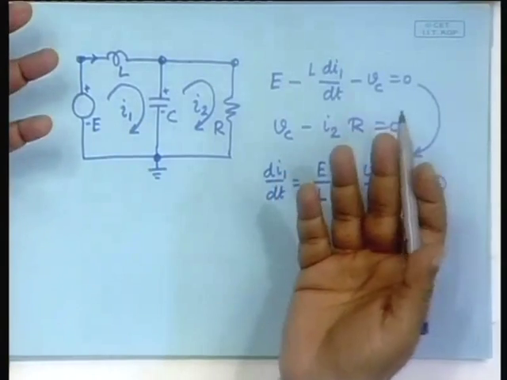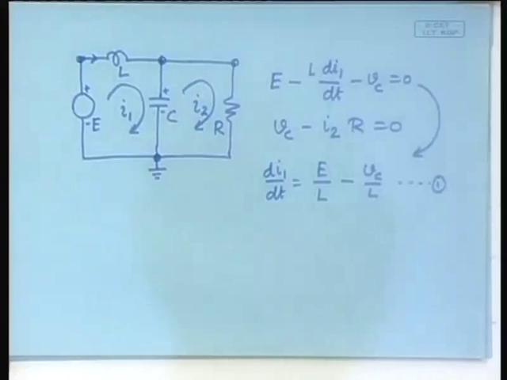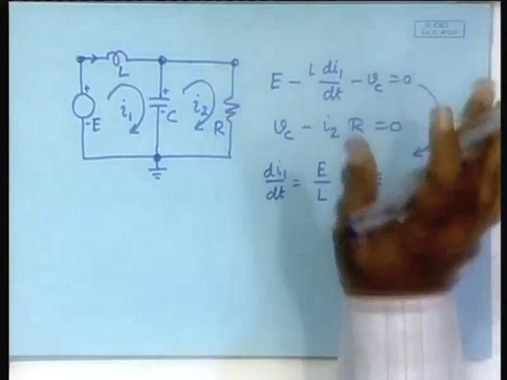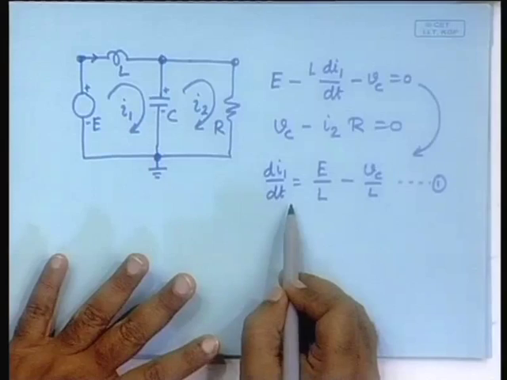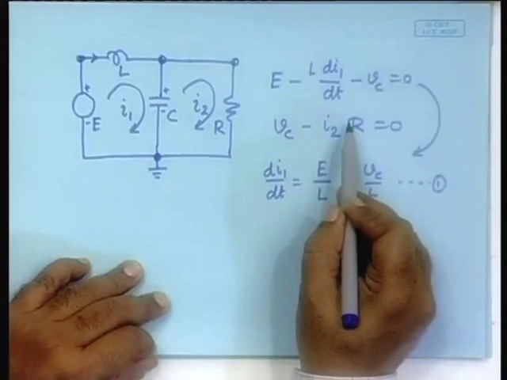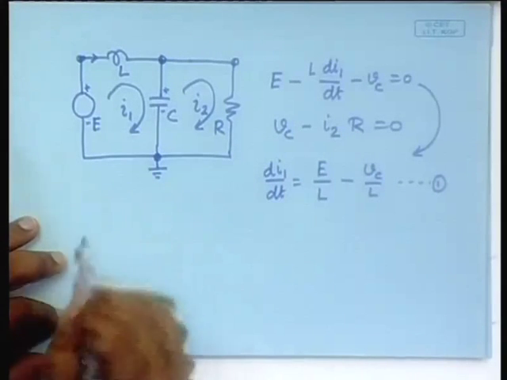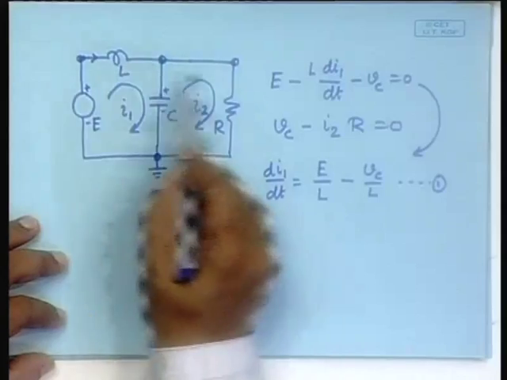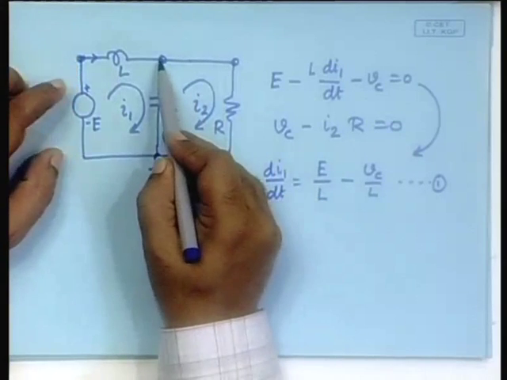Then I have to apply the node voltage method. I am assuming that you have learned all that in the first year. So, I am not redoing the whole concept, I am just using the method. So, then we have to apply the node voltage method, because the mesh current method proved to be insufficient to obtain the complete set of differential equations. If you apply the node voltage method, how many nodes are there? 1, 2, 3, but these two are trivial, I will apply it here.